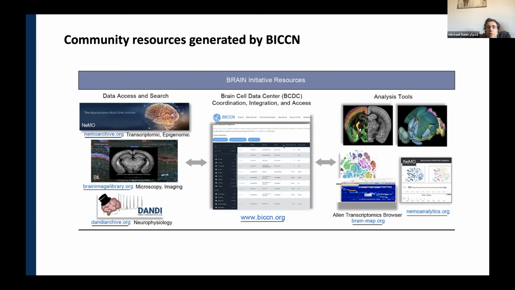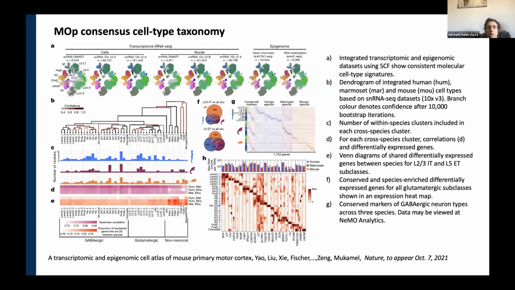Let me make a few comments, and I don't want to take away from the interest in digging deeply into the data sets, but I'd like to take a few minutes to talk about the nature of some of the findings and the results. So the major work centers around looking at one area, the primary motor cortex, because of its key homology and essentially ready identification across mammalian species.